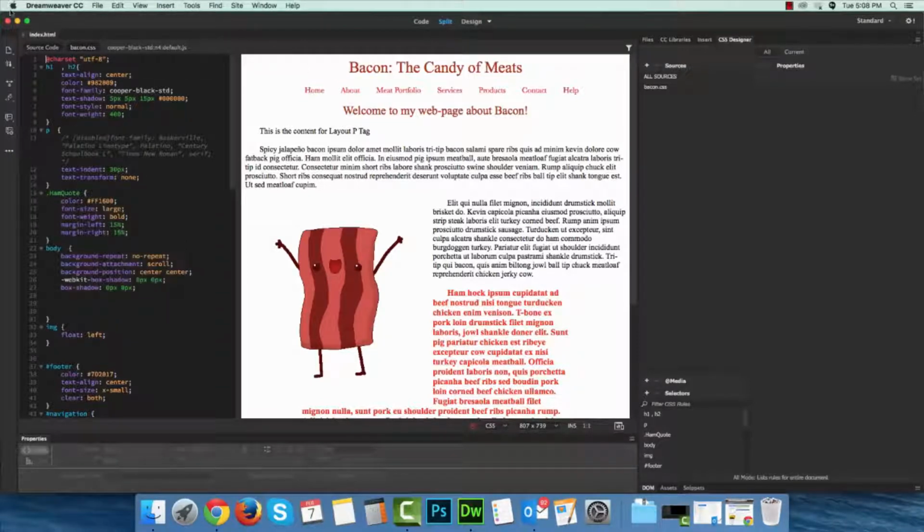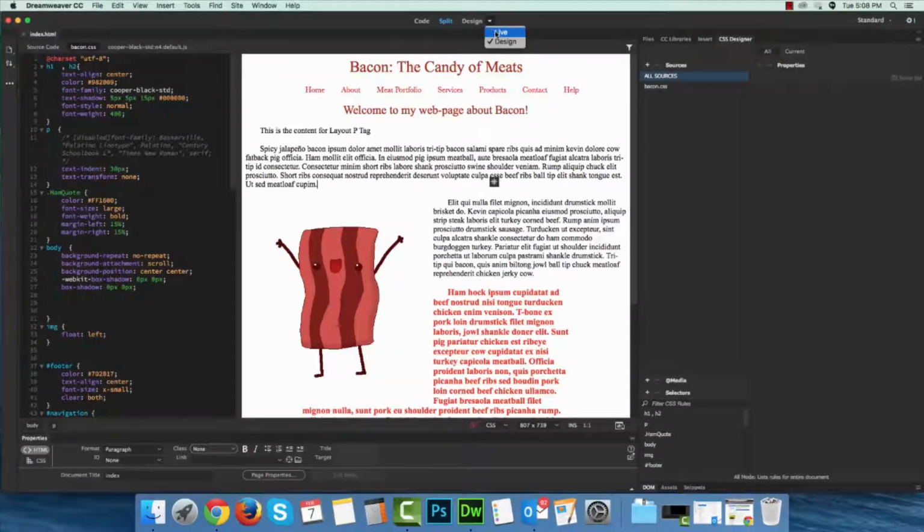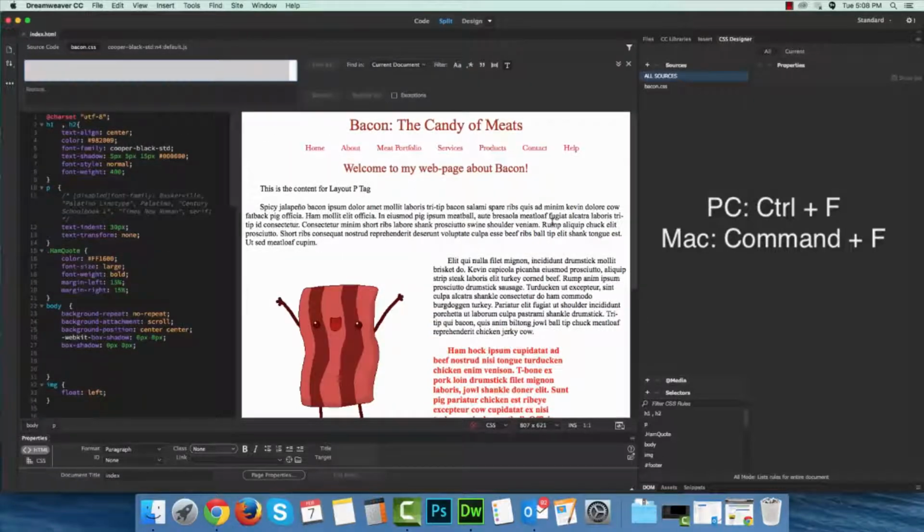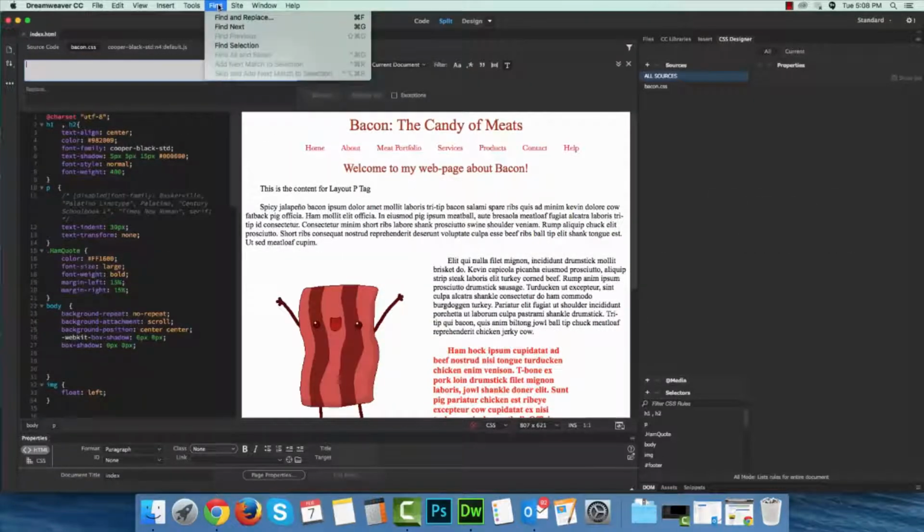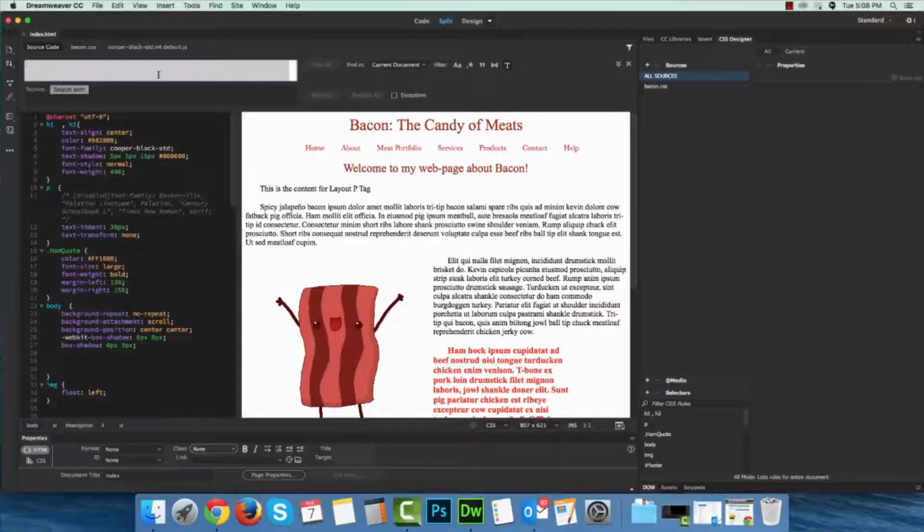So to start a search, you want to at least have design mode open. So you want to make sure that either design or live is visible. Then you can press Command on a Mac or Control on a PC and the letter F on your keyboard. Another way that you can get to it is come up here to Find and just specify Find and Replace right there. And that opens up this nice little window that pops up right up at the top, and you can specify, I'll click source code in this case,